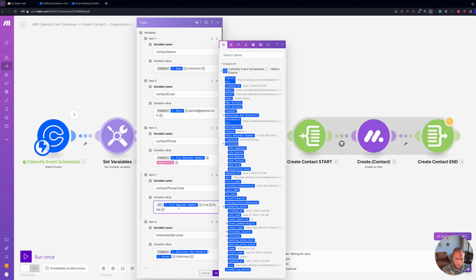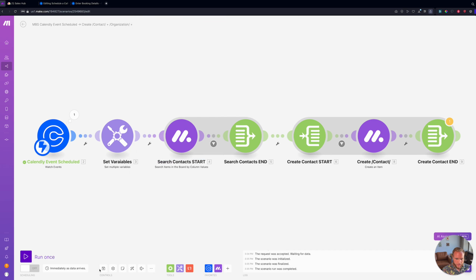Then what we can do, well, actually, we're going to simplify this further. So if true, then we want to equal US for a US area code. If false, then we want to equal an empty string. There we go. What I was going to do was specify an if true false rule, and then do another if outside of that that says if true, then equal US, if false, then equal empty string. But we can just simplify it to if the phone number exists, then equal US. If it doesn't exist, empty string. Hit OK, hit save,